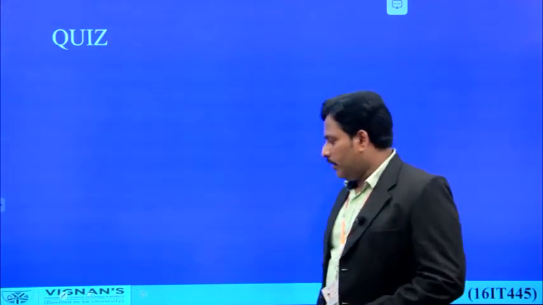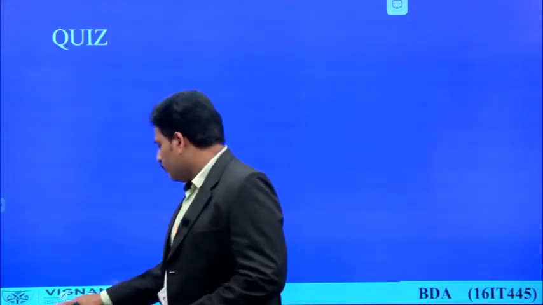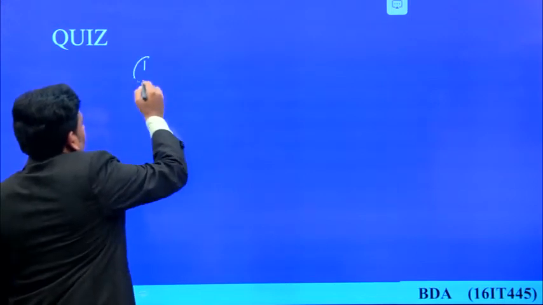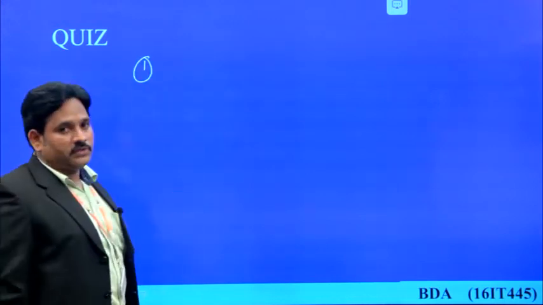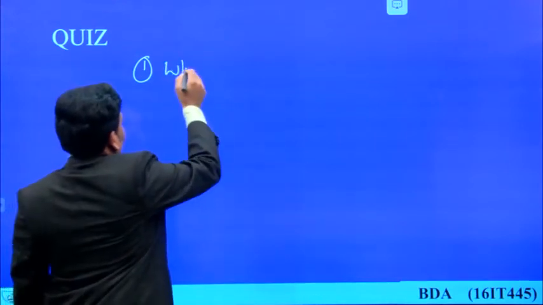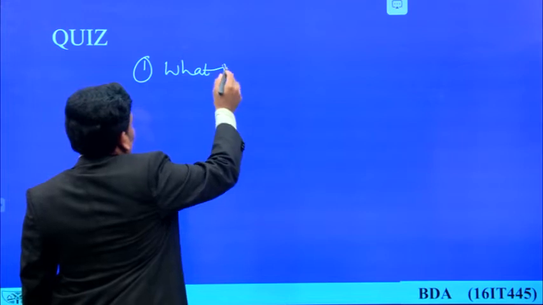So with this we completed the concepts of MapReduce. Now we'll see a quiz part here. Let's try to find descriptive level answers for the following questions. What is the use of the mapper?